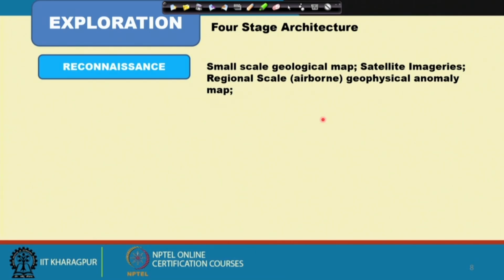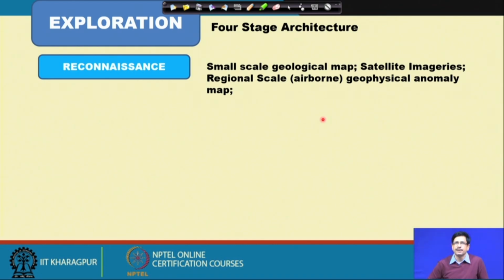In the present day context, we also have satellite imageries, and many regional scale features like magnetic anomaly and gravity anomaly, which have been acquired from aircraft, which are basically the airborne anomaly maps. These give us the preliminary idea, or the first hand information, that helps us to choose or to focus